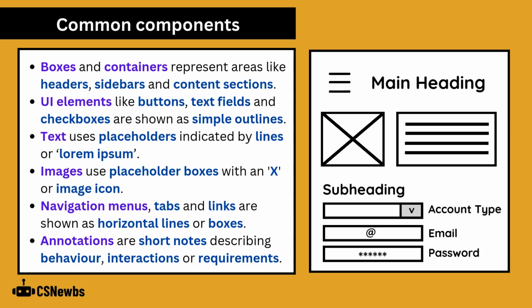Text uses placeholders indicated by lines or lorem ipsum, which is the start of a gibberish set of text often used in design industries as placeholder text. Images use placeholder boxes with an X or image icon. Navigation menus, tabs, and links are shown as horizontal lines or boxes, and annotations are short notes describing behavior, interactions,